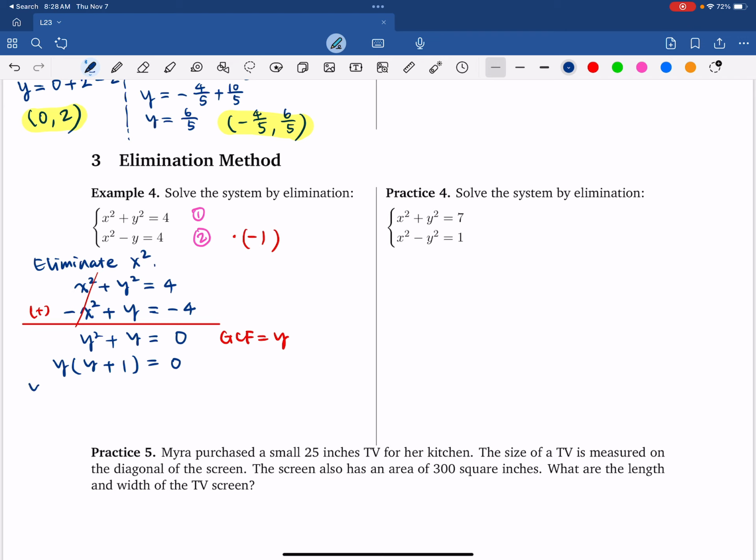By the zero product property, each of the factors could be 0. So we write two equations: y equals 0, y plus 1 equals 0. Solving the second equation, you will get y is -1. And then we're going to solve for x. So this time, we don't have a linear term for x. All we have is